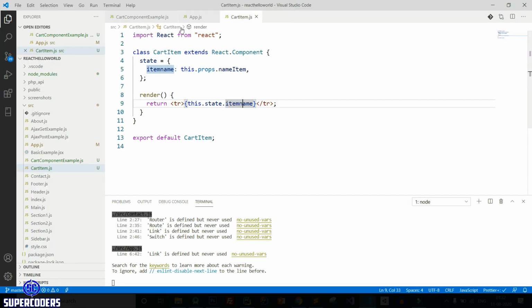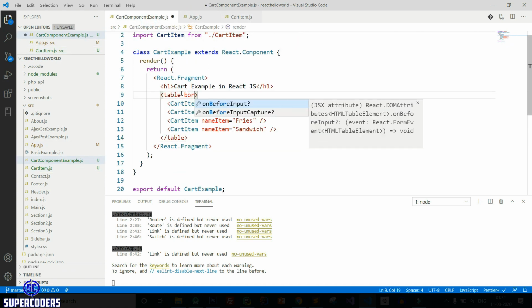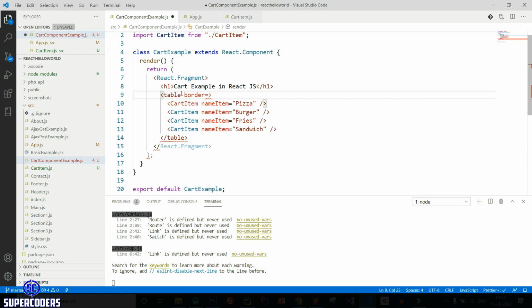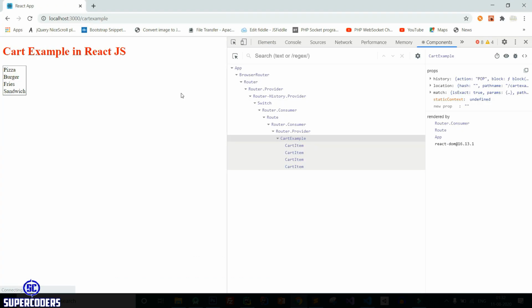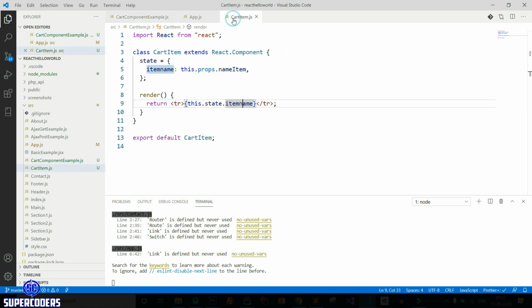Now do some styling. So here border equal to 1, save it, and here add td.